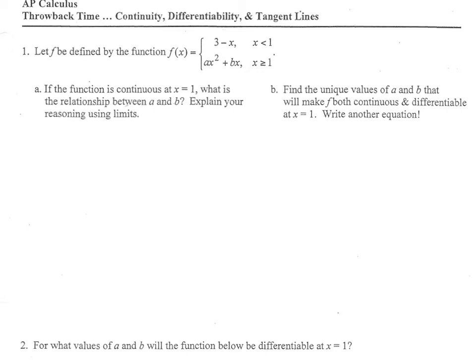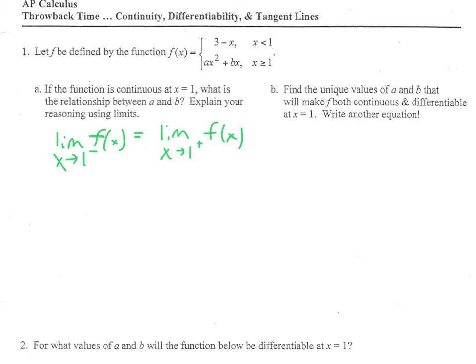If you want to go ahead and try this one on your own, pause the video, scroll through, see if you get the right answer. I'm going to talk through this one completely and then do an abbreviated version for the next one. Going back to last chapter, to be continuous, the left-hand limit has to equal the right-hand limit. So the limit as x is approaching 1 from the left of my function has to equal the limit as x is approaching 1 from the right